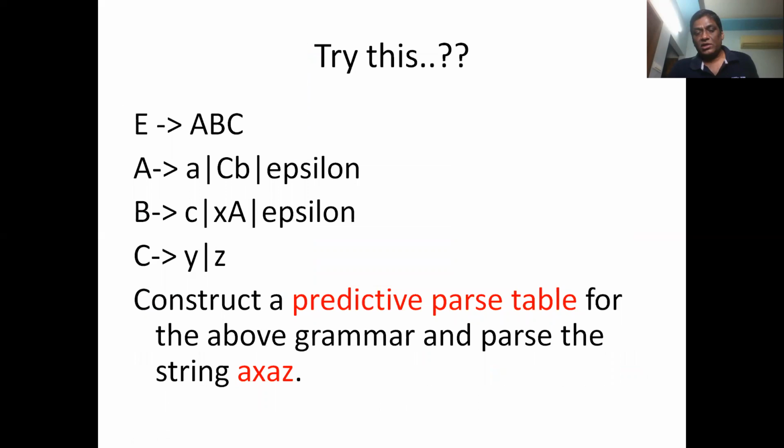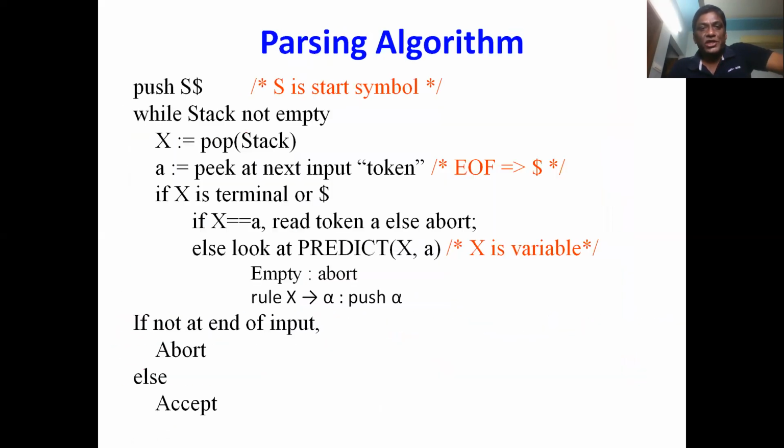And now let's go through the algorithm. So we have seen how the parsing is done. Now, initially, assuming that S is the start variable, I'll push this into stack. Okay, so push the start variable into stack, and while stack is not empty, pop the topmost item from stack, that is a variable from stack, and pick the next input token, that is one token from the input string from the buffer. So x is the variable from stack, small a is the token from the input buffer.